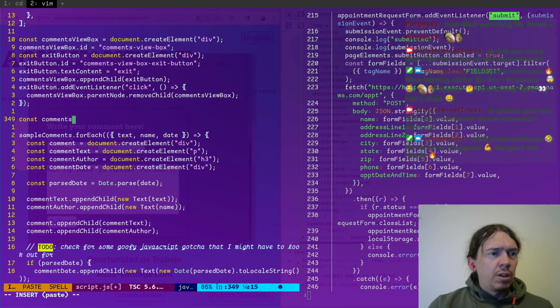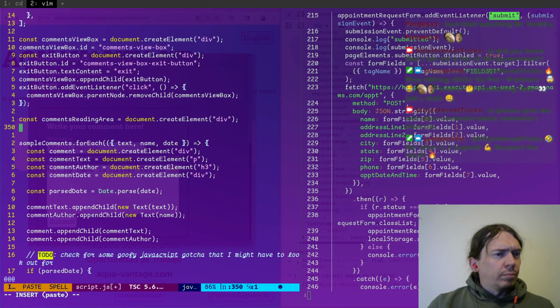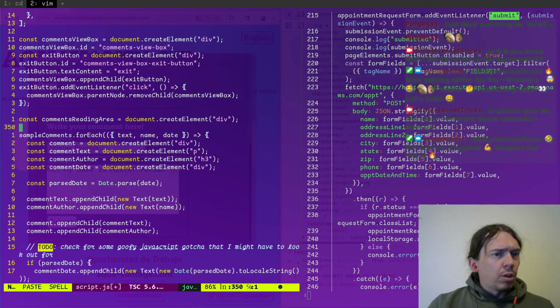Comment reading area equals document create element div. So the comments reading area is where these are going to go.